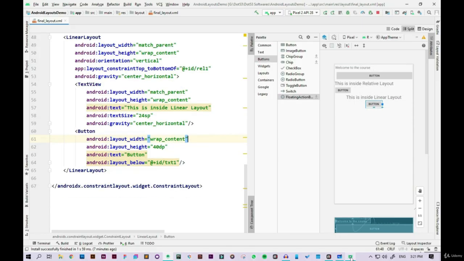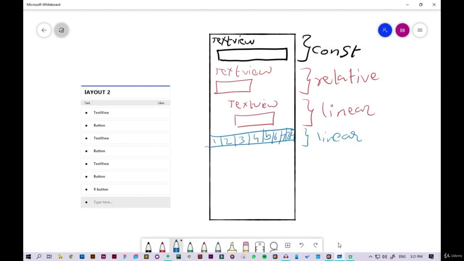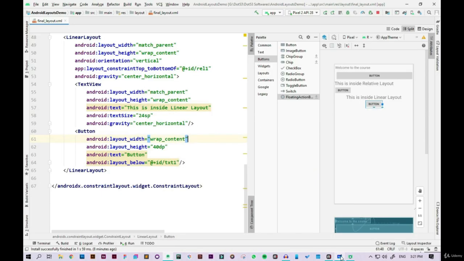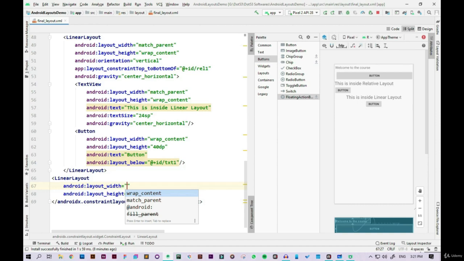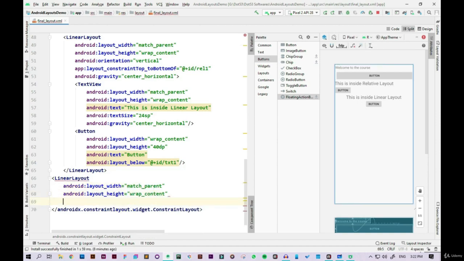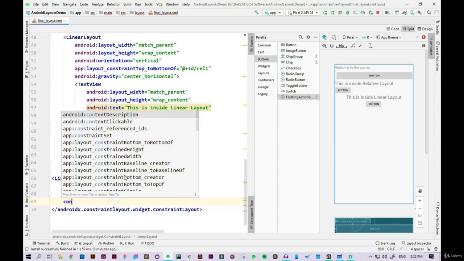And the last thing that we need, and the most difficult thing I guess for you, was to align these 9 buttons next to each other. But believe me, it is a very simple thing. So again, we are going to use the linear layout here, and I will set the width to match parent and height to wrap content. So let me just add the constraint